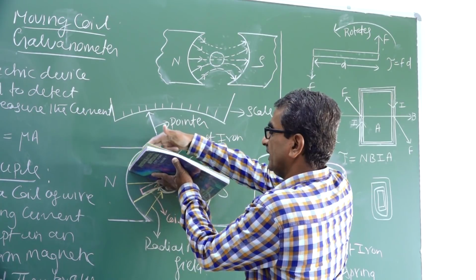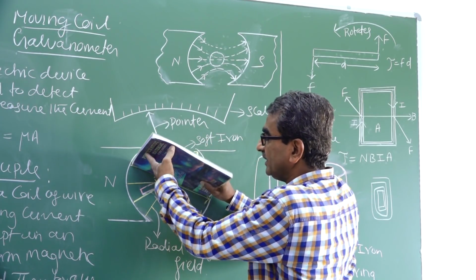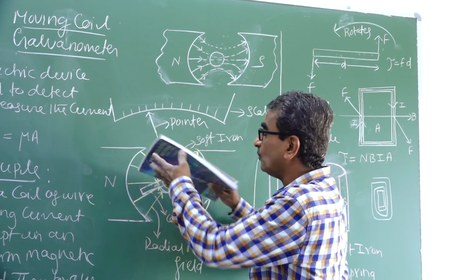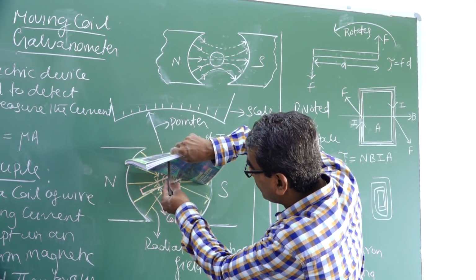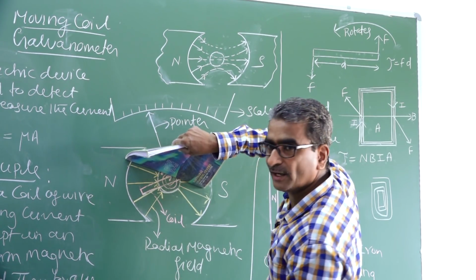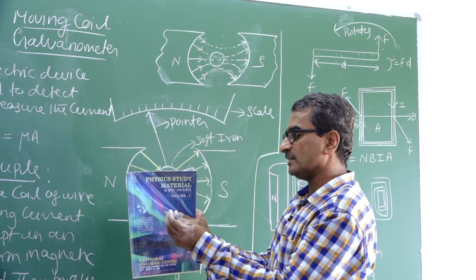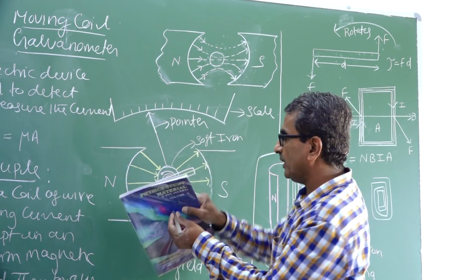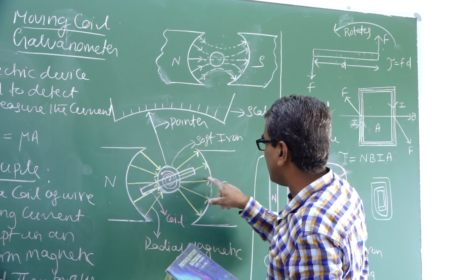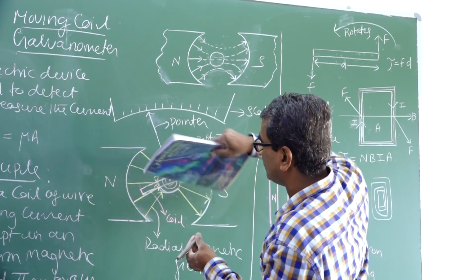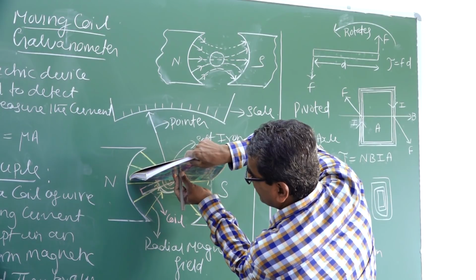what happens? At any position of the coil, you can notice that the area vector. What is meant by area vector? Area vector is a vector drawn perpendicular to the plane of the coil. If this is the coil plane, then area vector is drawn outwards like this, perpendicular to it. Look here now, this is area vector. Let us first consider this magnetic line of force, which is horizontal. When this magnetic line of force is horizontal, this is nothing but area vector.